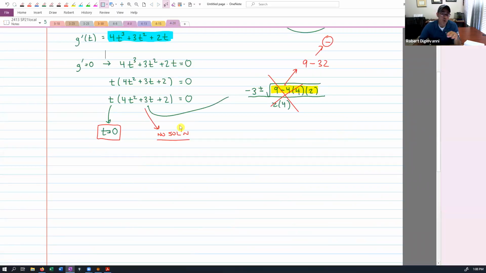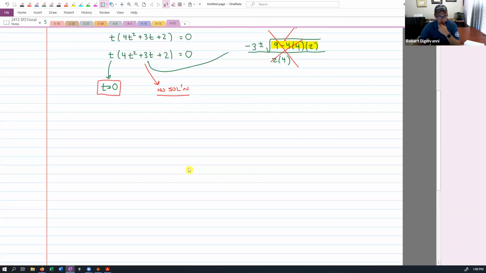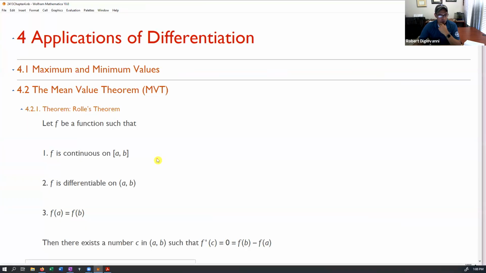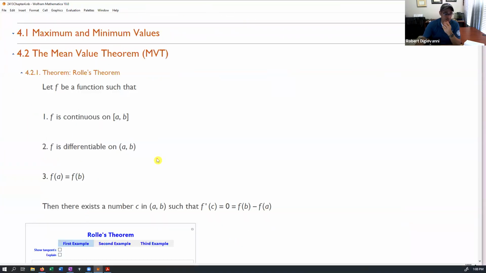Okay, well, we're going to get more practice because not this section, not 4.2, but 4.3, we're going to have to do more of this. Okay, so for now let's move on to 4.2. 4.2 is going to be kind of a quick section. I'm hoping I can knock it out in 20 minutes, maybe 30.